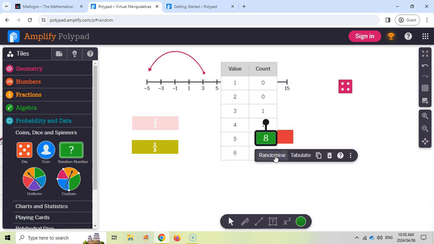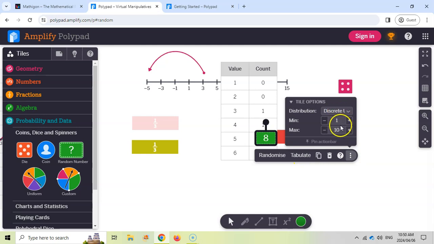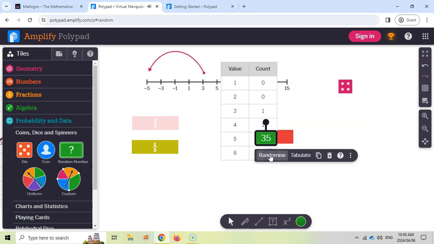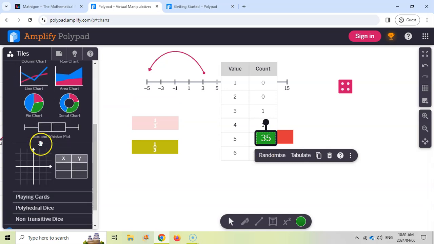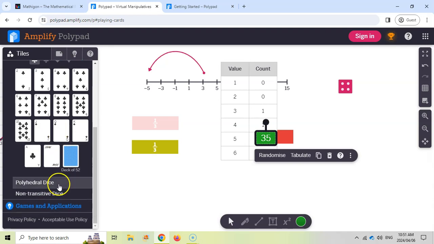So you can randomize and it generates a number. You can specify what that range of numbers must be. Maybe you want to do like a lottery example where we go from 1 to 49 and just keep randomizing a number and use that to work out the probability of getting a particular lotto number. But really useful things. There's even charts and statistics there you can use, playing cards,